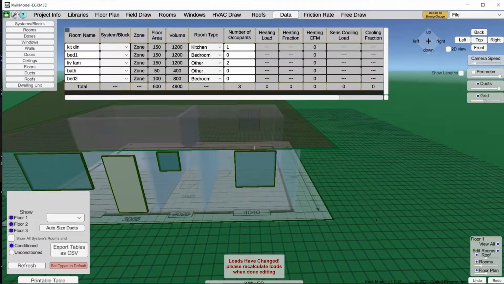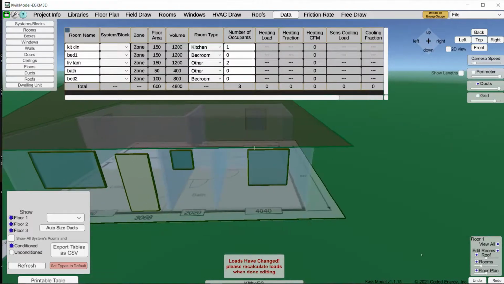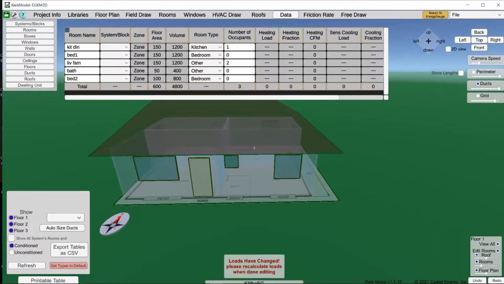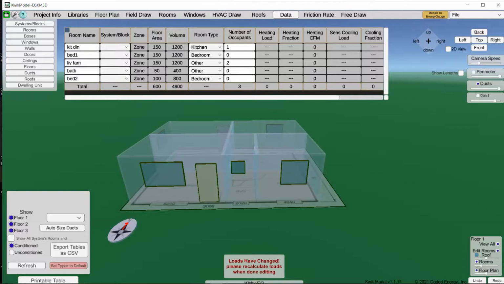And then down here, if I want to turn off the roof, I drew the roof, but it's kind of getting in the way of seeing stuff. So I can just turn it off by unchecking that box. You can make the rooms lighter, more opaque, and less opaque by using the slider. Same thing with the floor plan if you want to turn it off for whatever reason. We do have an